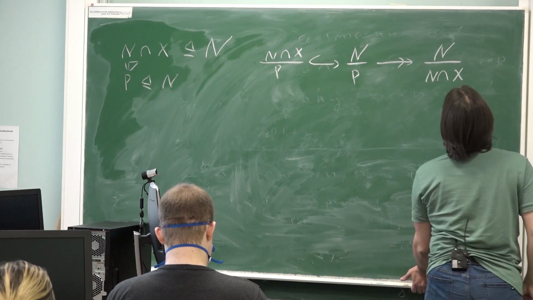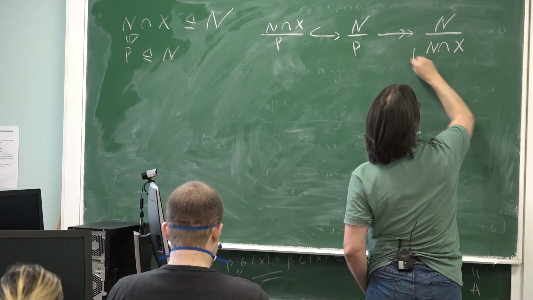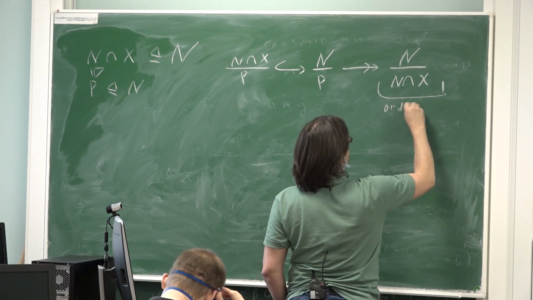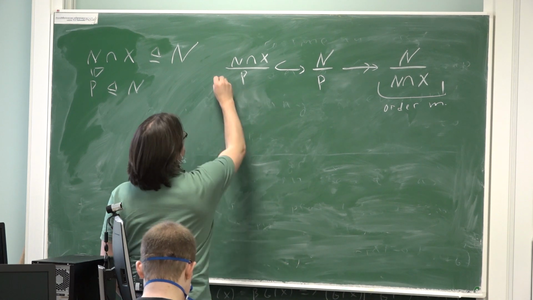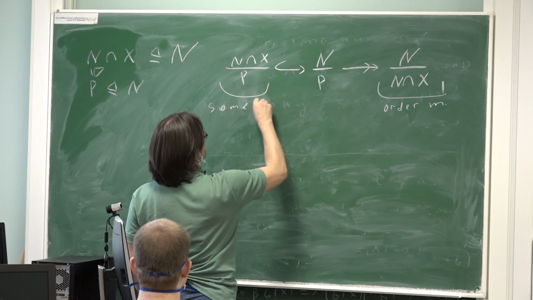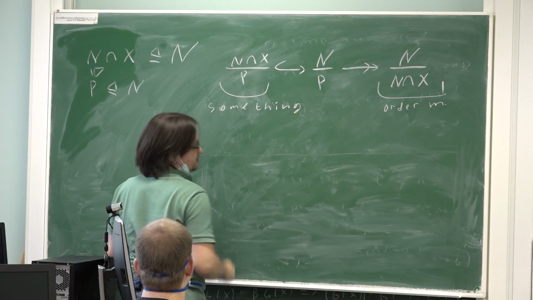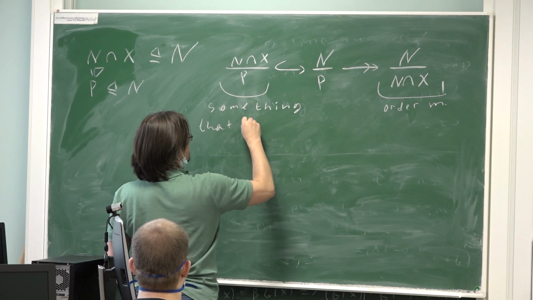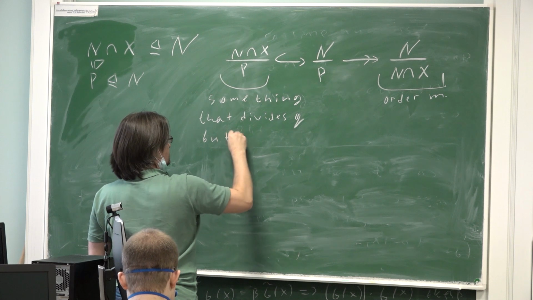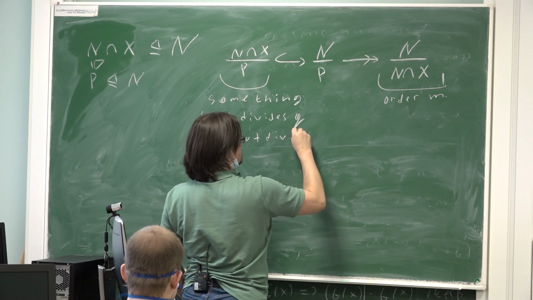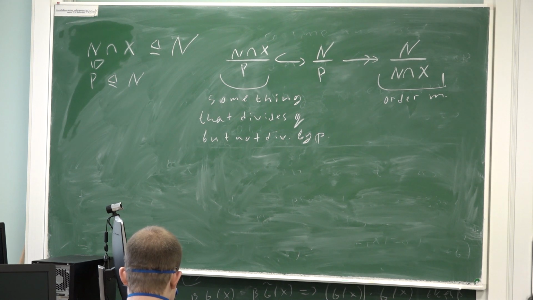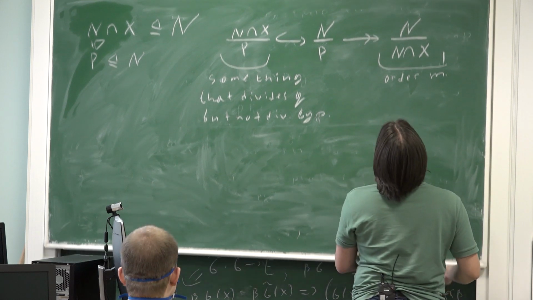The order of this is m, and the order of this is something that divides q but is not divisible by p. It is less than q, and we can apply our induction statement, and we see that